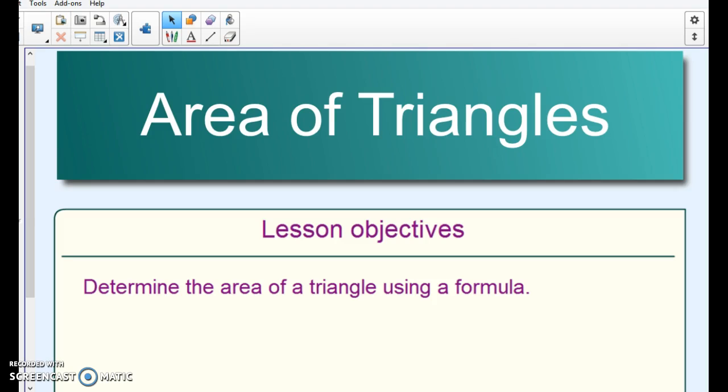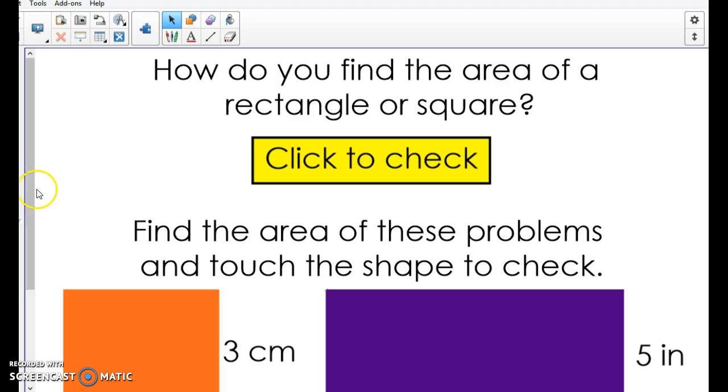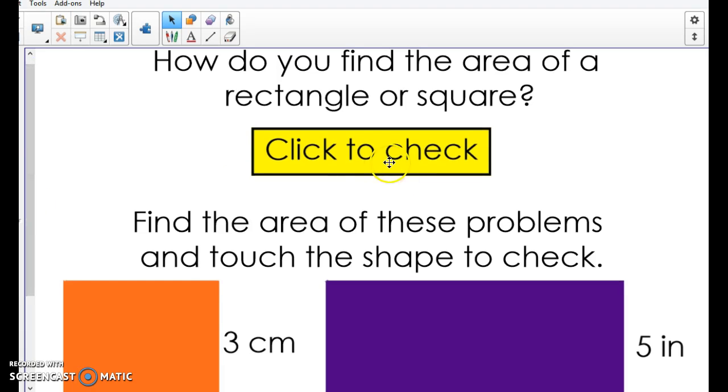So watching this video, you might think you might not need to watch it because you're going to find the area of triangles, but make sure you watch the whole thing so that we know how to find area of trapezoids. Alright, so to find area of a triangle, so we already know how to find area of a square,